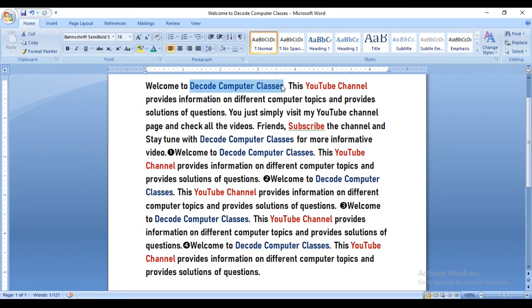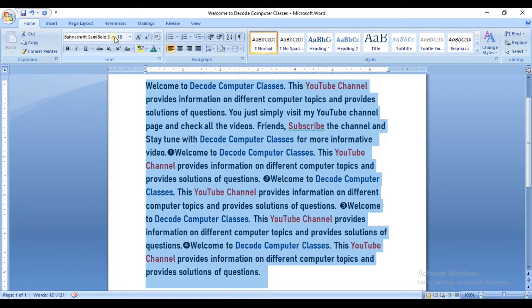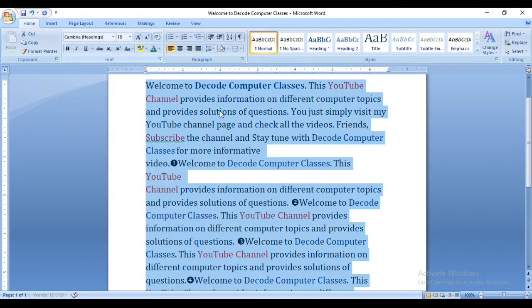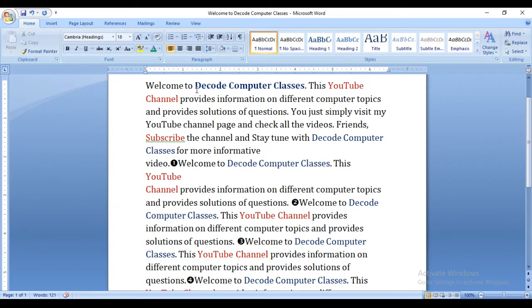Suppose I have to make this bold, so it can be bold. This font is actually a unique font, so changes are not applying. Let me choose a normal font. Suppose this one is already bold, as you can see it is highlighting here. I have selected this font, so it is showing bold. Let's see another one. Suppose this one, now it is bold. So it means that you can bold particular text unless it is a unique font.